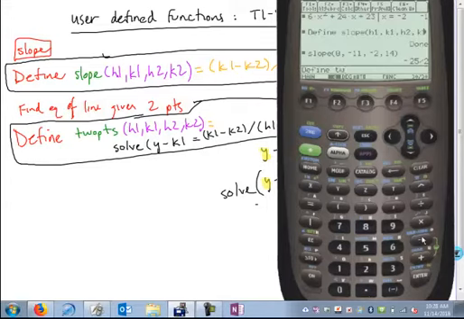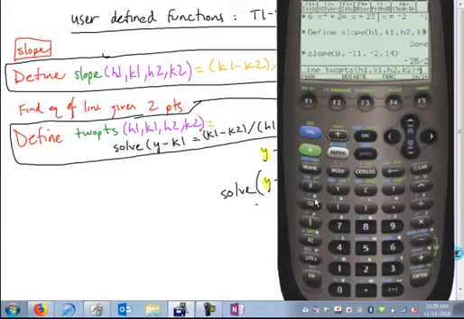WOPTS is how I'm going to abbreviate it. You can name it whatever you want. Deselect the alpha key. Tell it the order of the inputs that I want to enter. So I'm going to enter it as H1, comma K1, followed by the next ordered pair, H2, comma K2. So there I close off my inputs, and then I'm going to enter equals and put the calculation I want